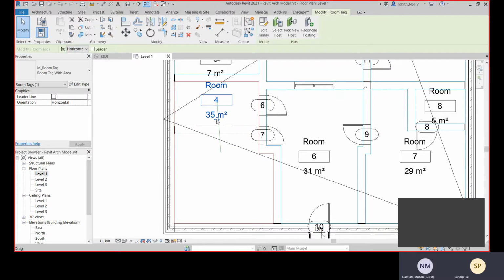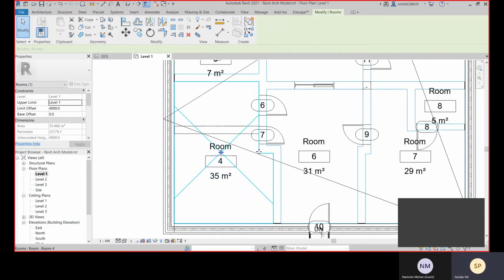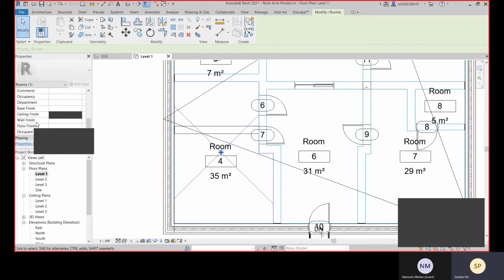Now you can change the position for this room tag label. Okay, so you can select this and click on it, and you can name it. You can change the name. So this way also you can change the name. Or suppose you are selecting this total room boundary. If you come at the bottom, there also you have this option. You can change the number, you can change the name. From this properties palette also you can change the name. All right, and you can change the number as well, and you can add some other properties.